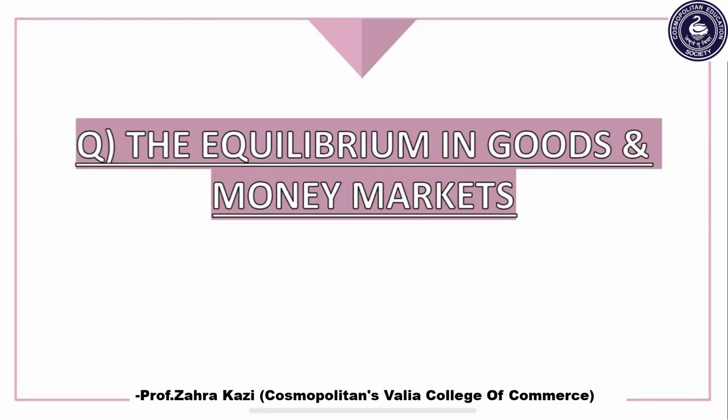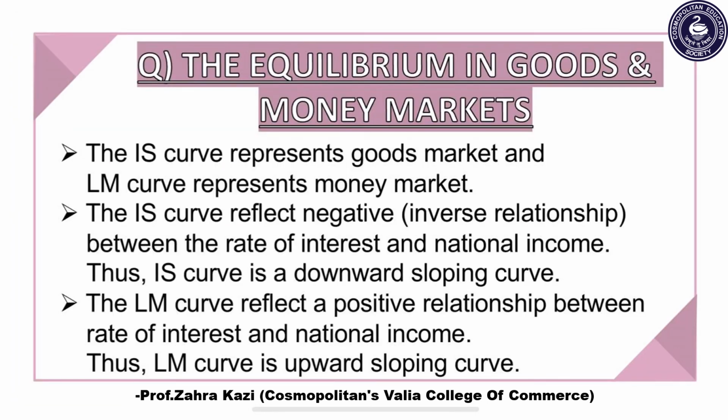The third question under the topic of the ISLM model is the equilibrium in goods and money markets. So let's understand this in detail. The third part in this topic is the equilibrium in both the markets, that is goods and money markets. As you know, we have completed both the answers on the goods market as well as the money market. So the third answer is based on the combination of the earlier two answers, that is the equilibrium in both the markets together.